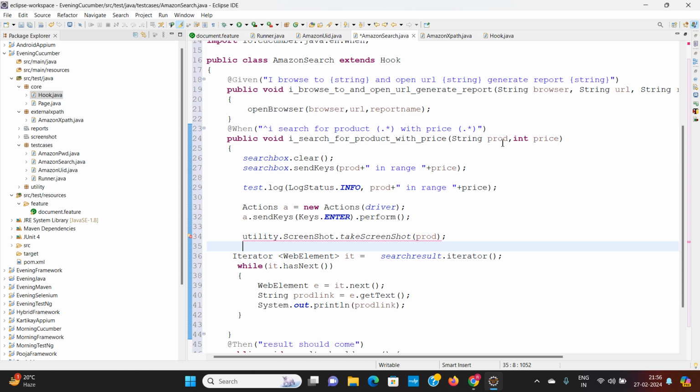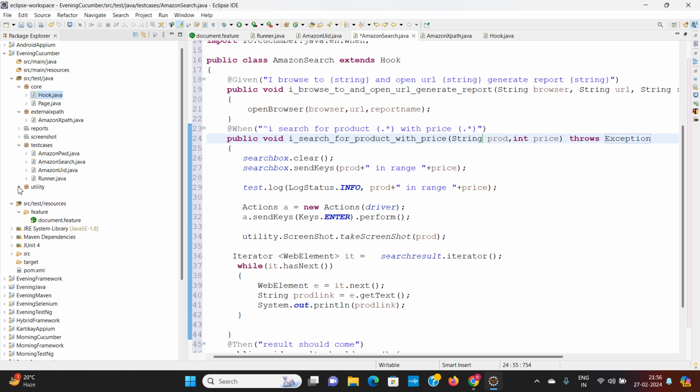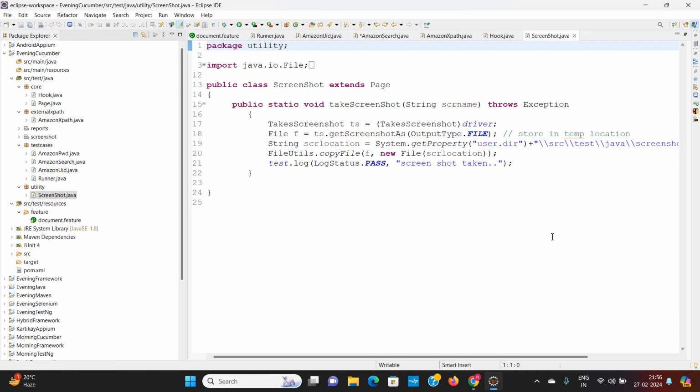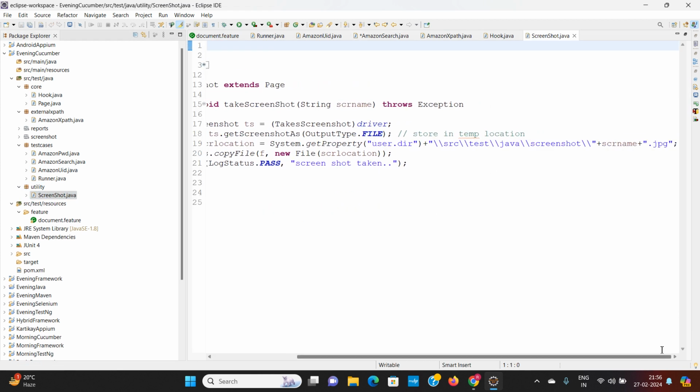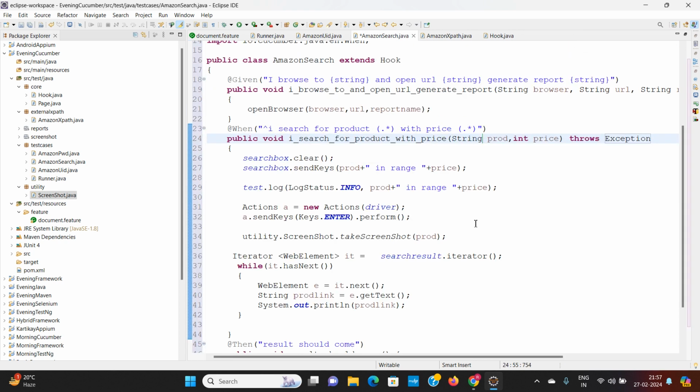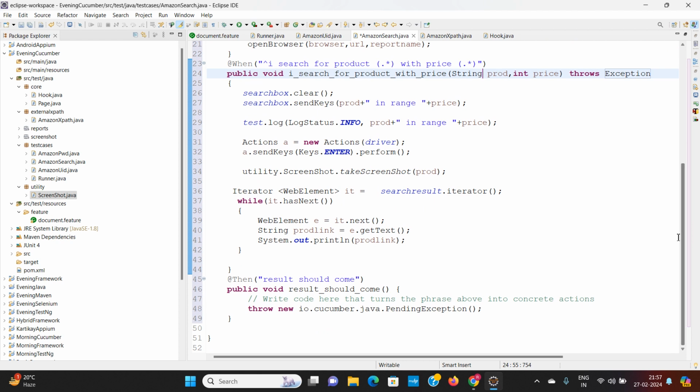So this is the product name we are passing, so I want to give the product name only. We've already given the extension jpg, so whatever the product name is, it will create product name dot jpg.